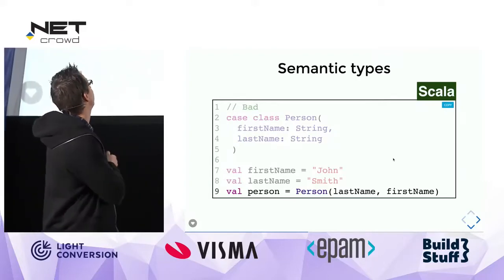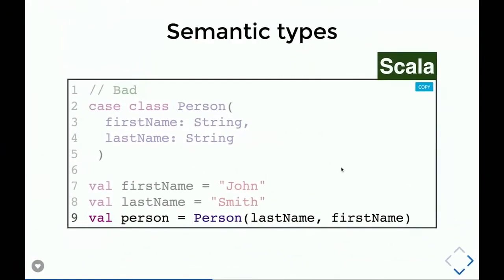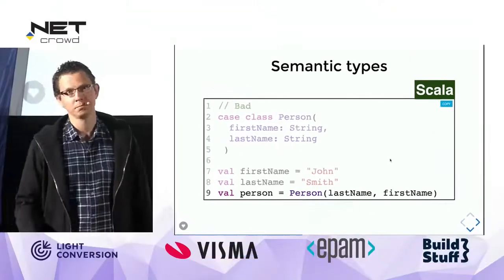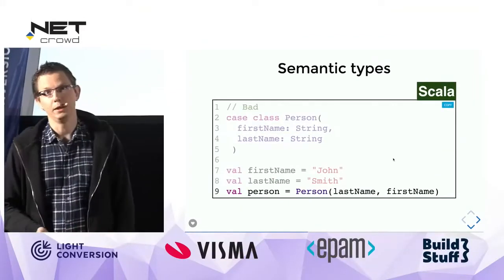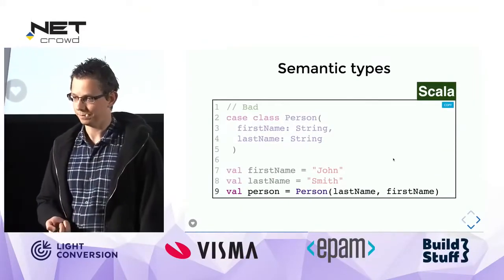So the error is that we assign the last name to the first name, and the first name to the last name. And it's a fairly common thing to accidentally mix up some parameters. It's a very human thing. It's a very stupid thing, but things like this happen. And sometimes they slip through the tests. And it might be a very hard thing to catch.